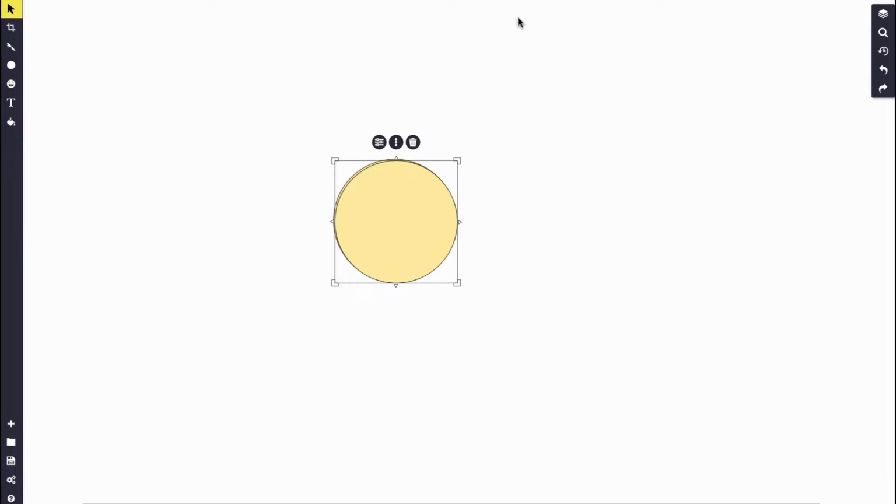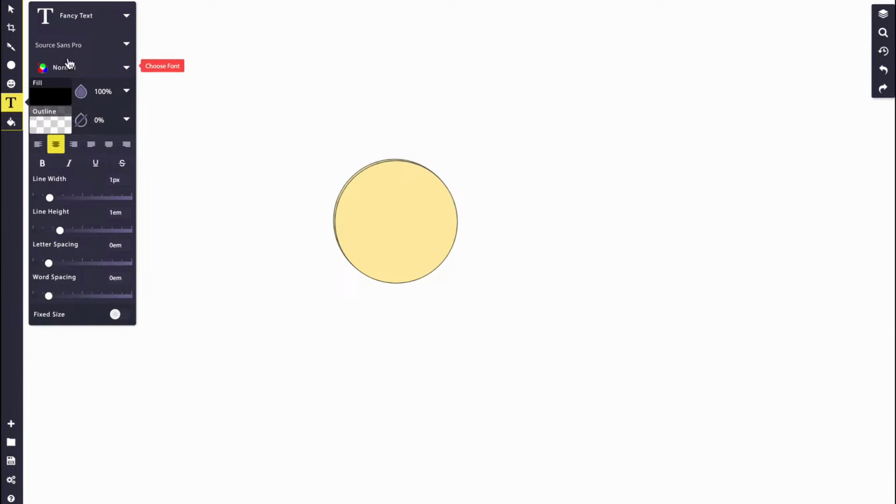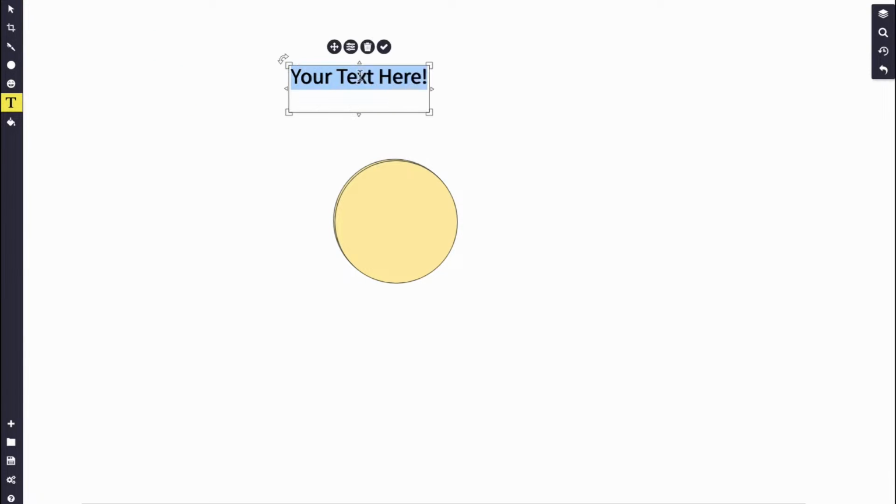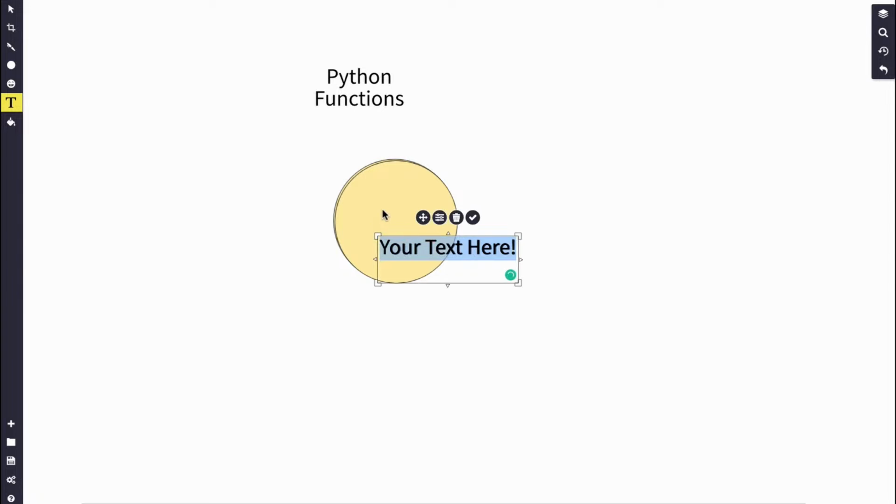So the idea with Python functions, and I can just make a little bit of text here, is that really they're the building block for logic. And so once you understand that they're the building block for logic, you can do a lot of things with a Python function.